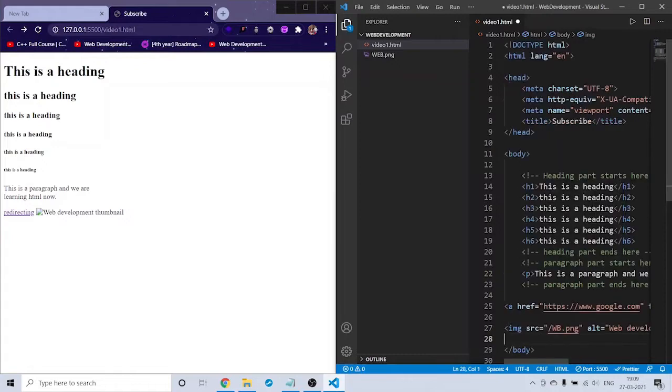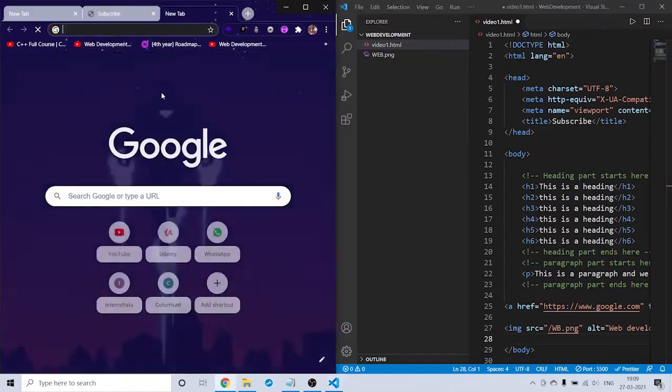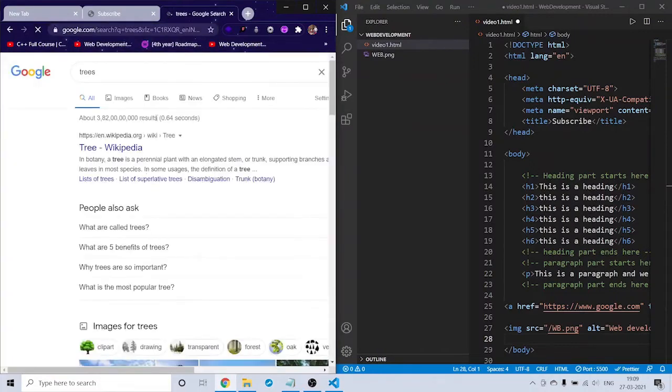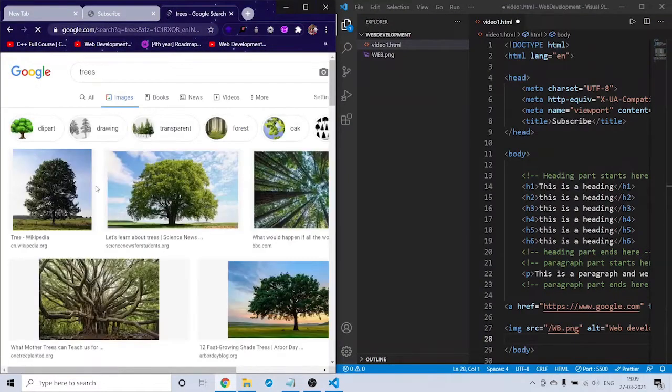And let me tell you another thing. We have this photo in our local PC. What if you want to use an image which is on the internet? For example, trees images.